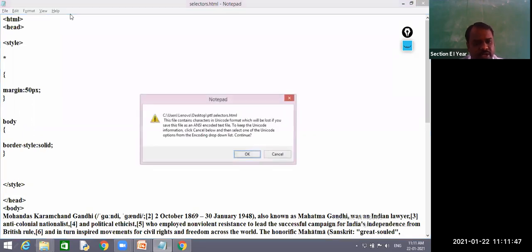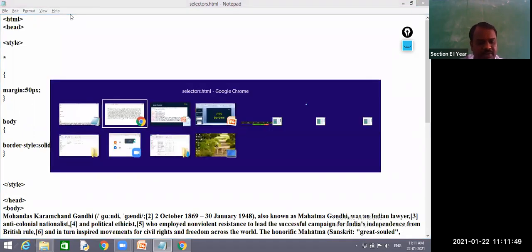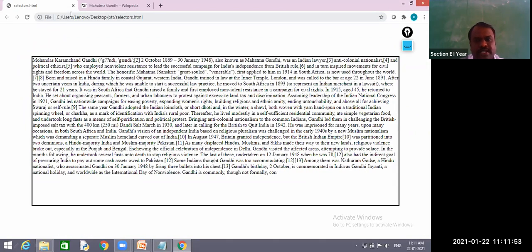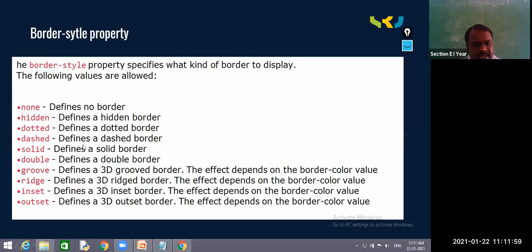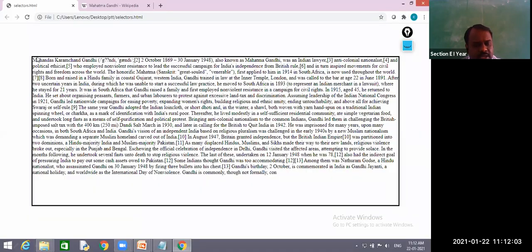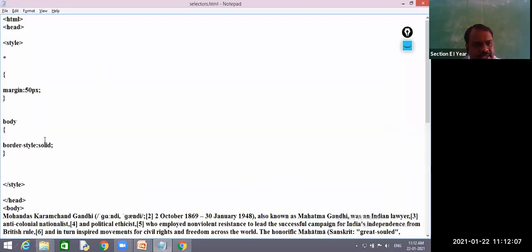We will see this solid. How does it print? We will see. So you can see solid line. Solid means one line will display, and next one is dotted line. So dotted means, see, in place of this solid line you can find all the dots.